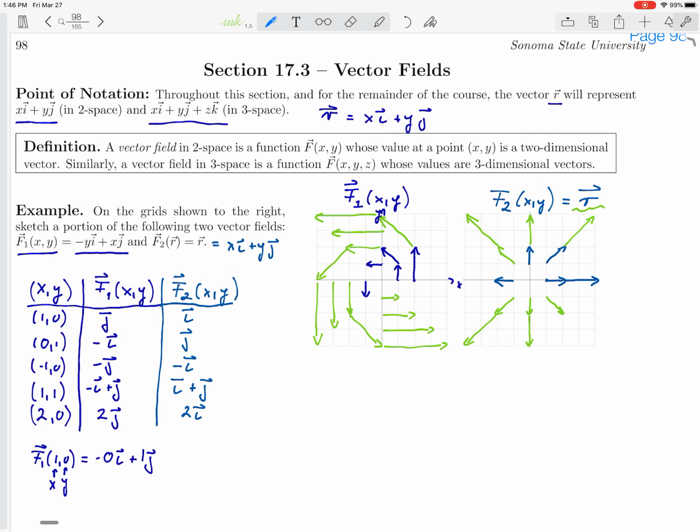So when you see vector fields, this is probably the only vector field that we are going to draw by hand. Usually vector fields are drawn by technology, and so a lot of the examples that you will see will show you vector fields where the vectors are often automatically